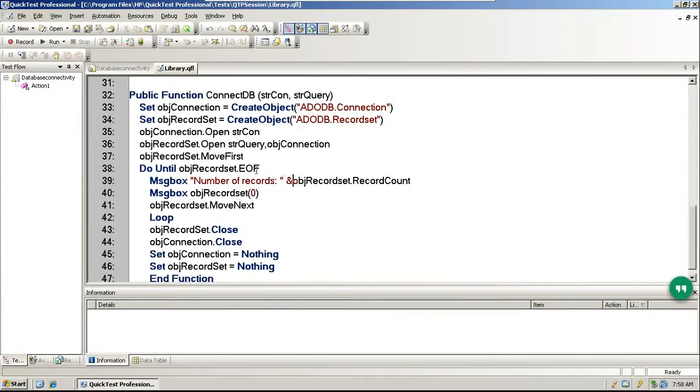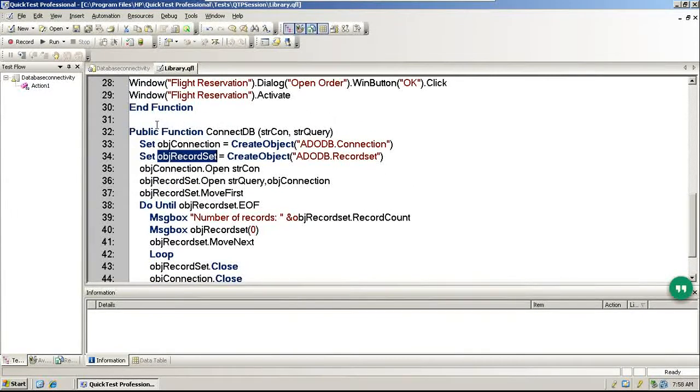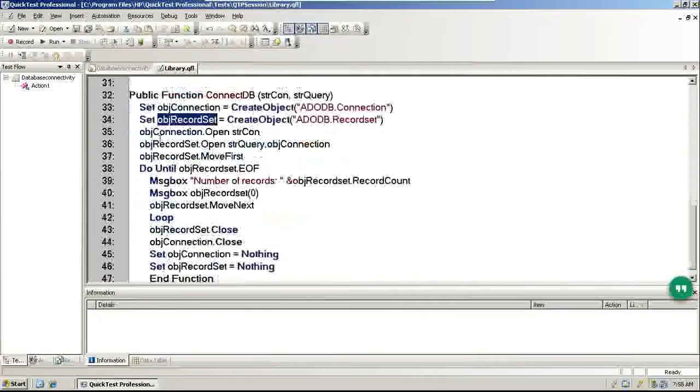Dot record set. So our object record set here is a variable basically. Even though we have not used dim, since we have used option explicit, we can directly declare the objects, declare the variables. So the ampersand represents that it is a variable simply. It's not concatenating. We are not concatenating anything. Do you see any concatenation? Number of records, object records. So here object record set dot record count, right? So this is where it is.